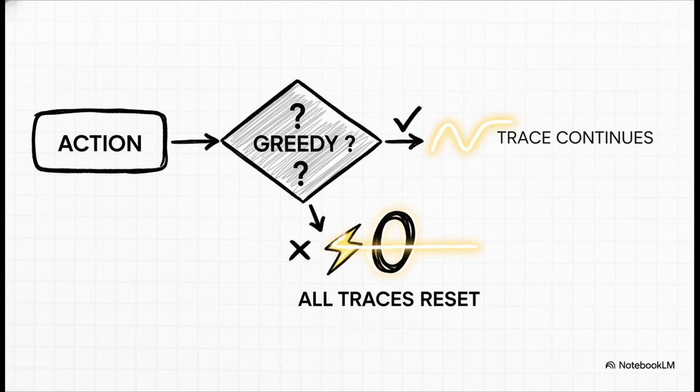Look, you always do a normal one-step Q-learning update for the action you just took, no matter what. But then you check, was that the greedy action? Was that the best action according to my current policy? If yes, awesome, the trace decays normally. But if it was an exploratory, non-greedy move, you immediately reset the eligibility traces for all state-action pairs back to 0. And this has a really interesting side effect. If you explore too much, you're constantly cutting your traces, and your fancy TD lambda algorithm basically just turns back into slow, simple, one-step Q-learning.